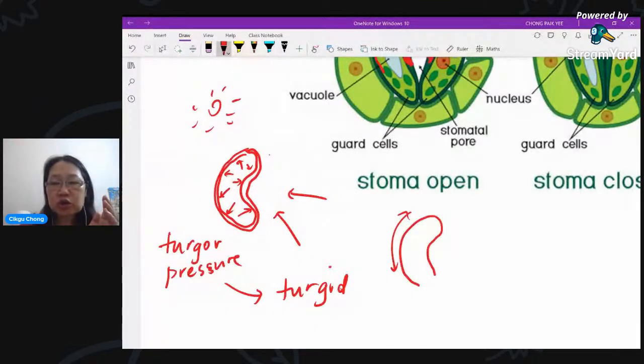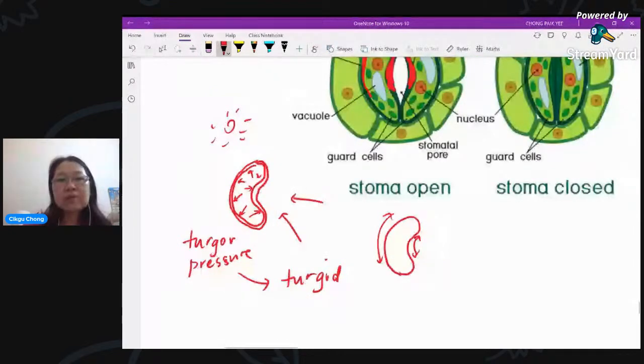You see? See the distance? The outer side will expand more and the inner side expands less. So in the end, it will curve. Both sides are there at first like that, right? Because the outside expands more, it will be like that. Just imagine the inside cannot expand, so the outer side expands, and you get this. So it makes the lubang here bigger. So the stoma opens.